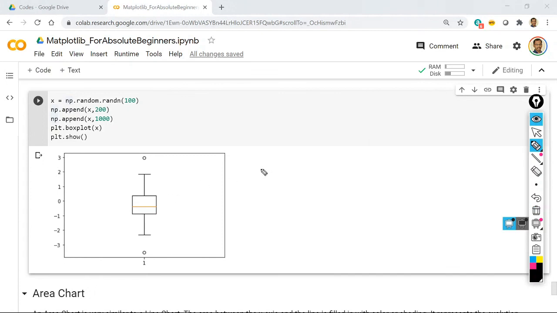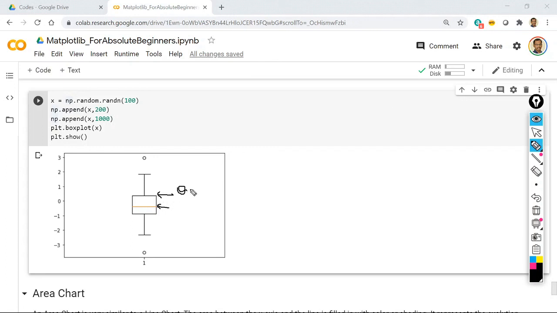Next is your box plot. Box plot is something that we do not encounter in our day-to-day life, right? Or at least not as frequently as your bar chart or pie chart, which you see everywhere. A box plot is a statistical plot used for seeing the distribution range of your data. Say you have data with 100 data points. This orange line represents your mean value or your median value. So where the center lies in your data is represented by this orange line, and this represents your Q1 value